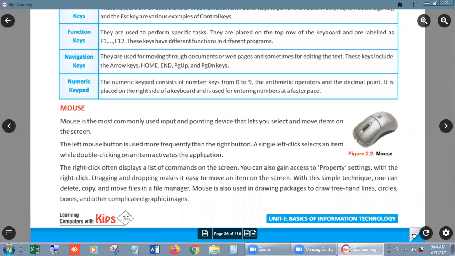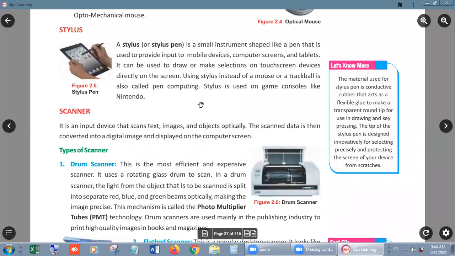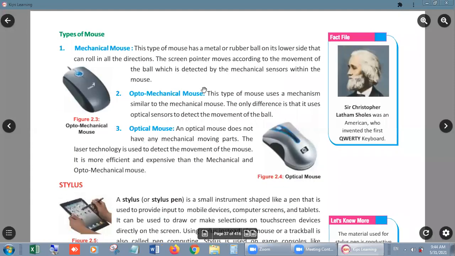Now let me turn the page. Types of mouse. First of all is the mechanical mouse. This type of mouse has a metal or rubber ball on its lower side that can roll in all directions.